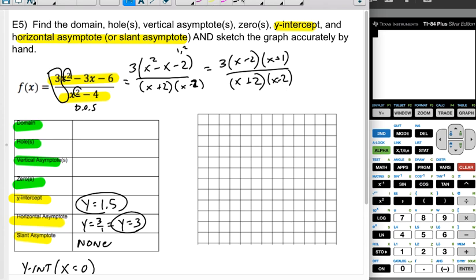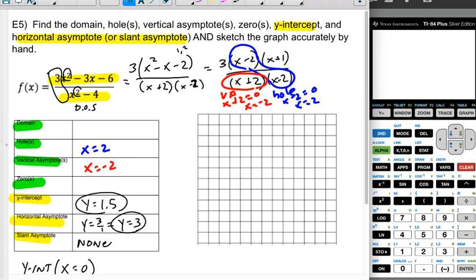So once I'm here, I can answer a lot of questions. I can see that the x minus 2 definitely cancels, so that's a hole, right? So there's a hole when x minus 2 is 0, which is going to be at x is 2. So let's go ahead and put the hole there, x is 2. The vertical asymptote is going to happen when x is -2, right? X plus 2 equals 0, x is -2,